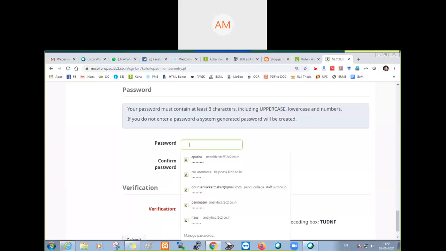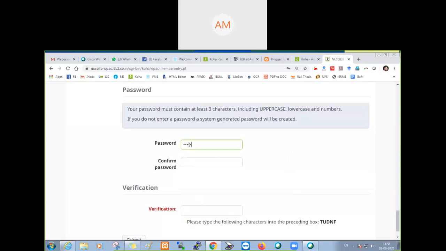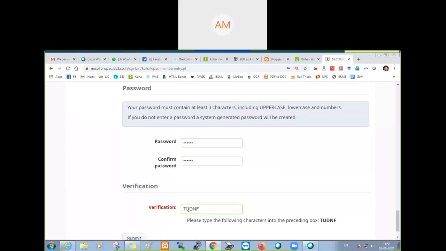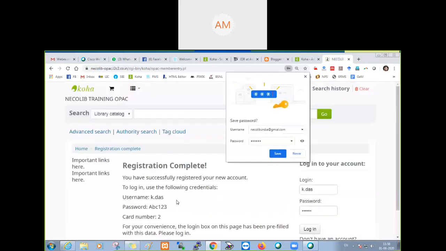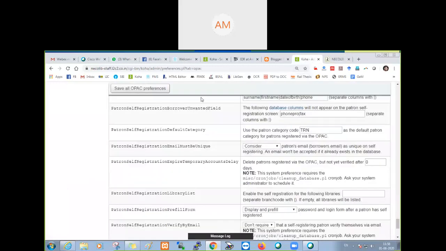Password, verification. Submit. Okay, I have not saved it. Sorry.